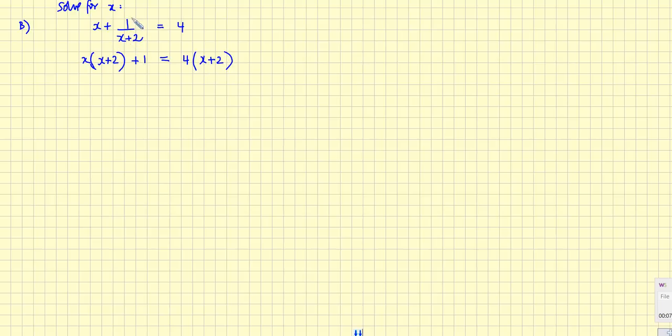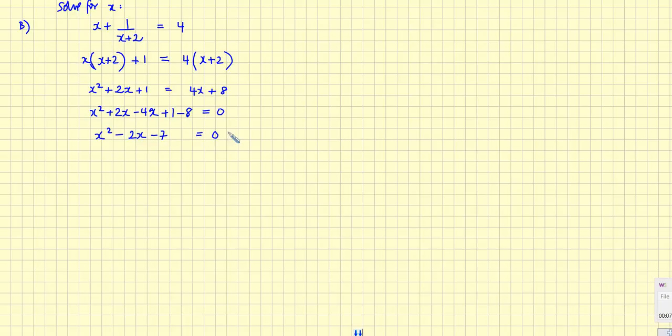Notice that the x plus 2 gets cancelled out here because I no longer need it. My x plus 2 denominator is gone. So that I have x squared plus 2x plus 1 equals 4x plus 8. I now bring everything over to one side of the equation, so I have x squared plus 2x minus 4x plus 1 minus 8. And I set that equal to 0, so that I now have my quadratic x squared minus 2x minus 7